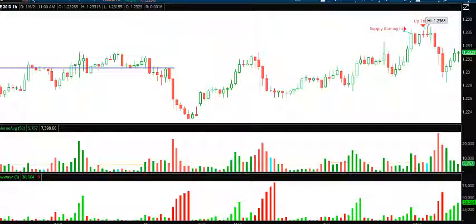Can you do this with the euro dollar? But there are some differences here, and I'm going to share them with you because I want to get you all to start using point and figure. That's my mission here in 2021, to get everybody to start using point and figure for their entries and their take profit levels. But then I also want to teach you how to use volume